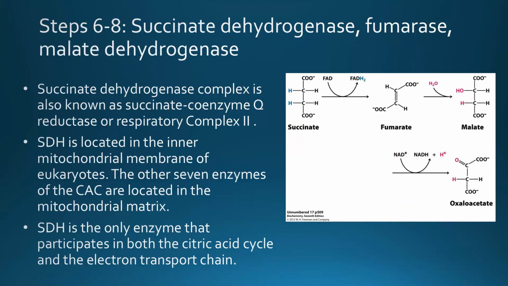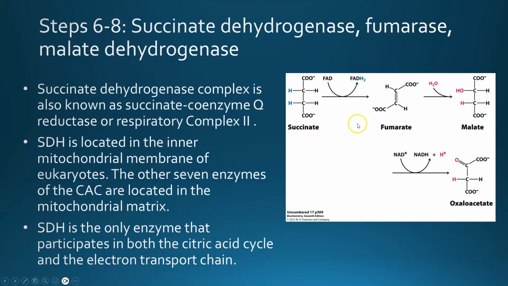The final 3 steps are an oxidation, a rehydration to make another alcohol, and another oxidation. So the oxidation in the succinate to fumarate step is taking alkane and making an alkene. That does not provide as much energy or is not as energetically favorable as making a carbonyl. And so the cofactor that is made is an FADH2 because that requires less energy to create. In the final step, we're using NAD again because that is an oxidation that produces a carbonyl.